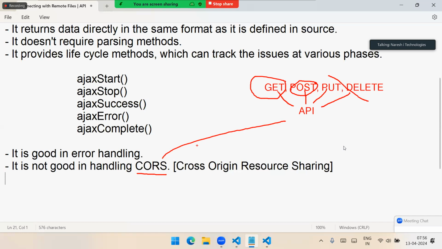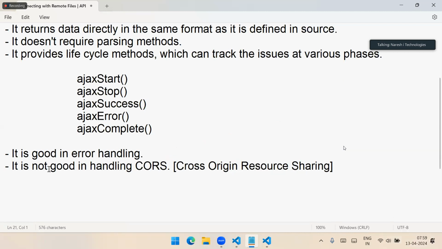Later, when we create our own API, we will see this CORS. We will see how they can control the requests. They can manage the requests. But the problem is it is not good in handling CORS. Not only that, it is not good in